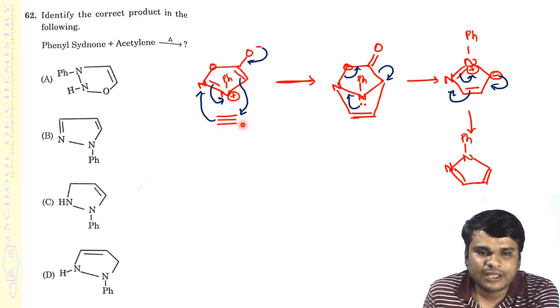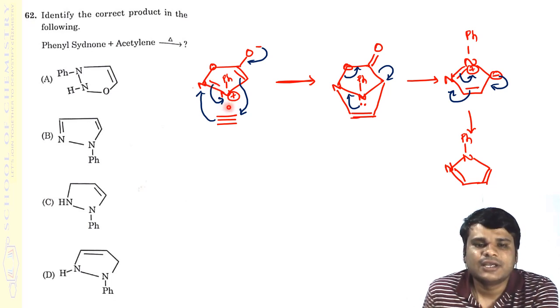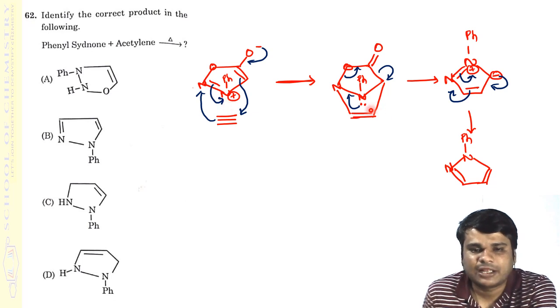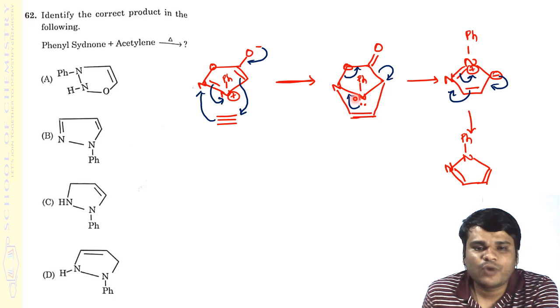From here there will be bond formation with this carbon atom; this pi bond will form a sigma bond with this nitrogen atom, and this pi bond will shift towards nitrogen, and the plus charge on nitrogen will not be there in the product. So this is the product that we get in the first step. In the second step, one carbon dioxide molecule will be expelled. The nitrogen lone pair is restored, so if you transfer it here, and this bond here,